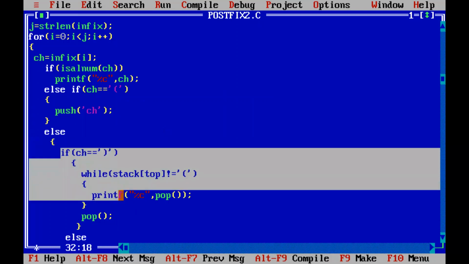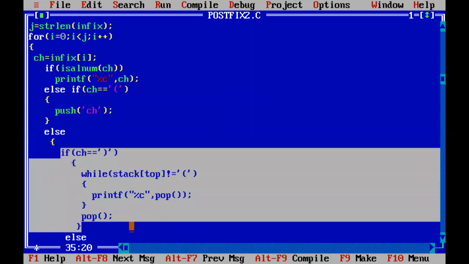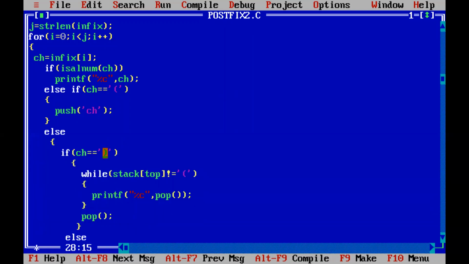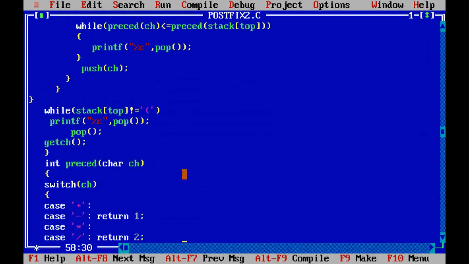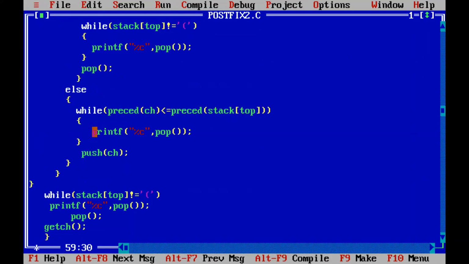To take care of them, whenever you encounter a right parenthesis, the closing of a sub-expression, you will be popping out all the operators until you encounter a left parenthesis. Got it? So that is for taking care of the inner sub-expression. When you come out of this for loop, I have kept here, where is it?